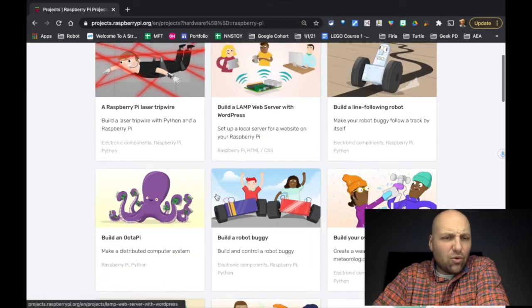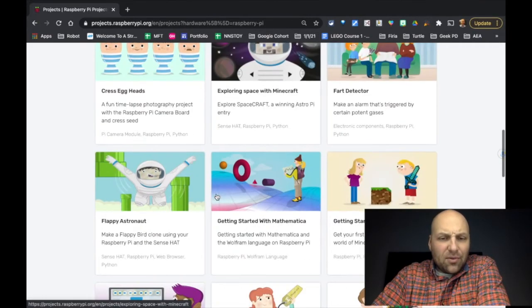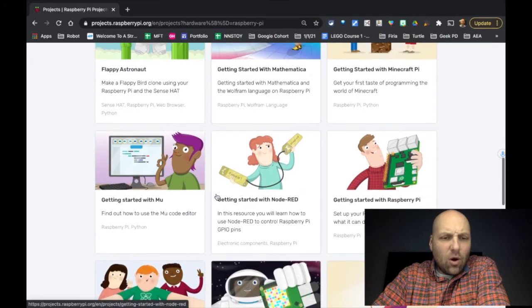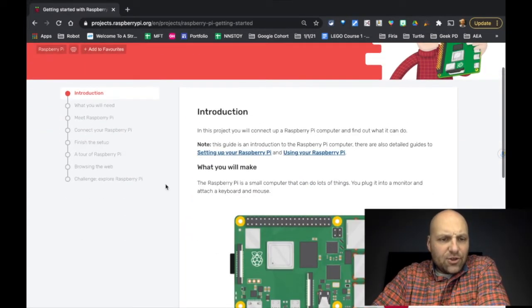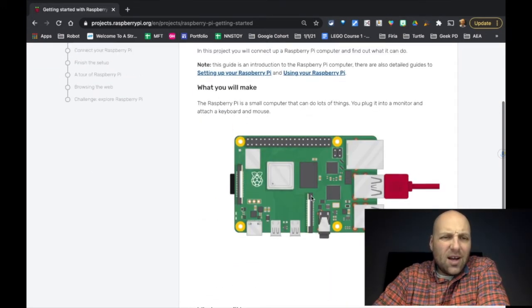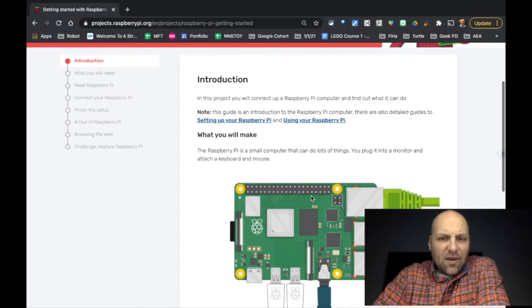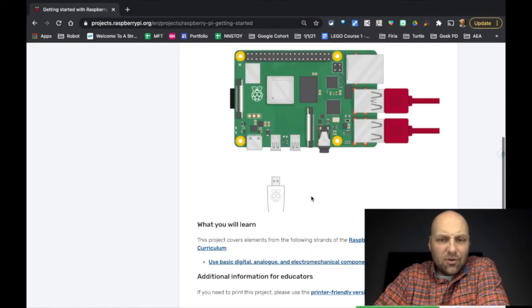And you're going to see lots of cool projects that you're probably like, oh my God, I want to do that. But before we get to those, we want to make sure that we're properly set up. We have our Raspberry Pi working. And so what you're going to do is go here to Getting Started with Raspberry Pi. And when you get to that, it's going to take you through a bunch of steps to make sure your Raspberry Pi is up and running. If you already formatted your micro SD card from previous work with Raspberry Pi and you haven't updated it to its latest software, then I would encourage you to do this, especially if you haven't used the Raspberry Pi imager. Just because it's going to make your life so much easier,